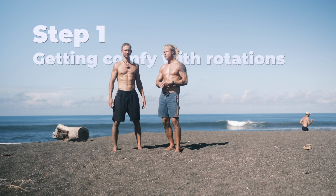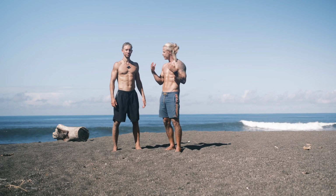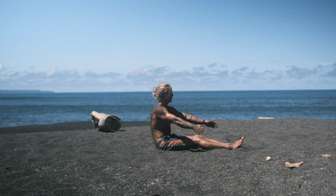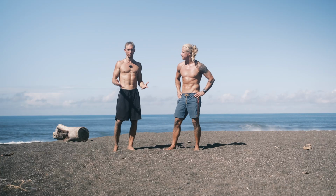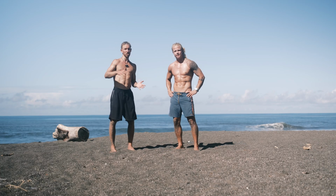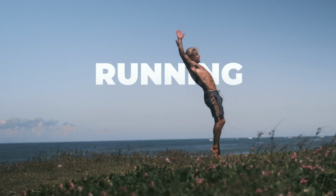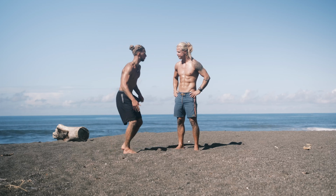So the first step to learning backflips is obviously getting comfortable with rotations. Now we're going to introduce a bunch of drills that you can use to learn the rotational part of the backflip. Yeah, and of course we're going to start with the easiest first, which is doing a normal back roll. Same like a child that starts to learn how to walk, it doesn't start just standing up and sprinting, it's more about crawling first. So this is our crawling section, where we just sit down on the floor and get